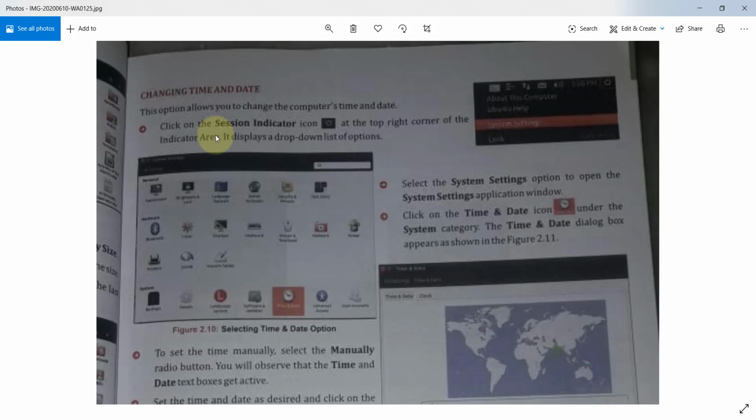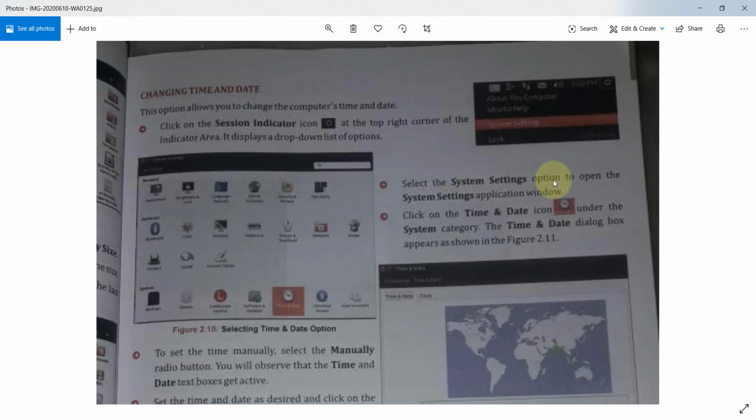Click on the session indicator icon. This is the session indicator icon at the top right corner of the indicator area. Clear? There you can see the system setting. When you click on this session indicator icon, you will get the system setting option.